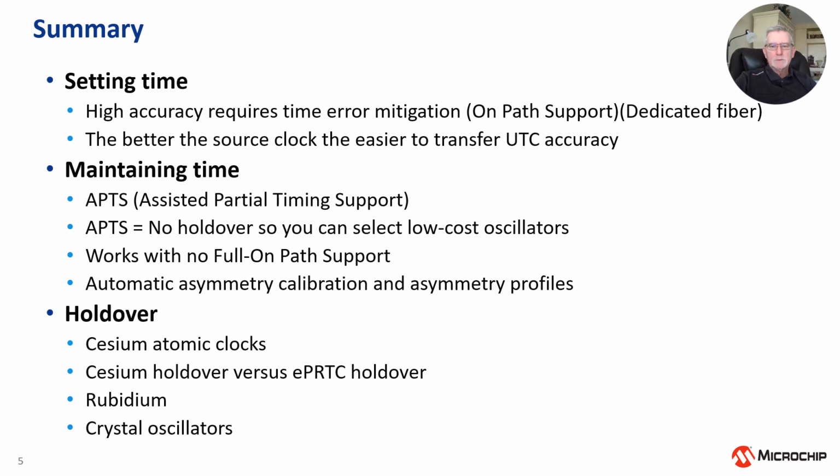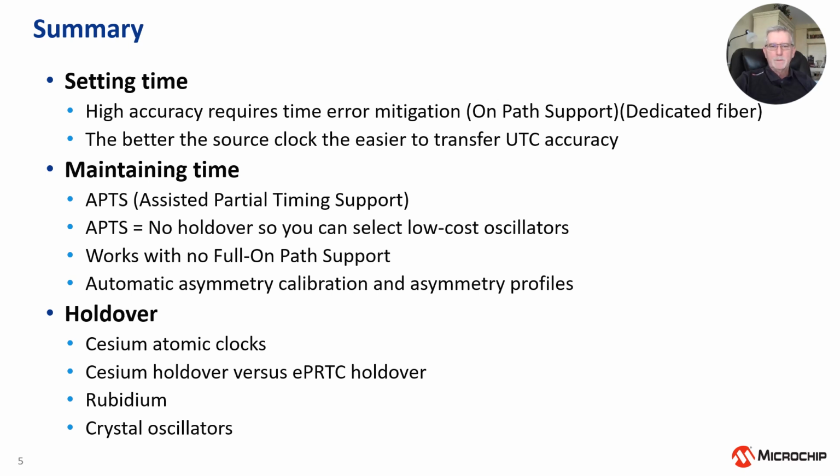So to summarize what we have covered in this video for timing concepts, we start with setting time. So high accuracy requires time error mitigation, some level of on-pass support, boundary clock functions, or using dedicated fiber. Or in some cases, if we're running layer 3 unicast PTP, we use QoS markings. So high accuracy means we have to do some level of engineering of the timing services to achieve high accuracy